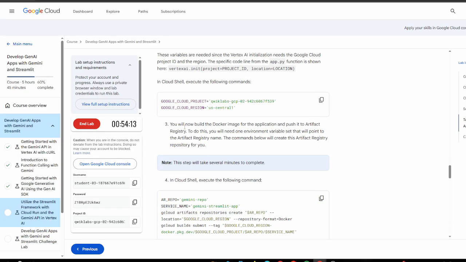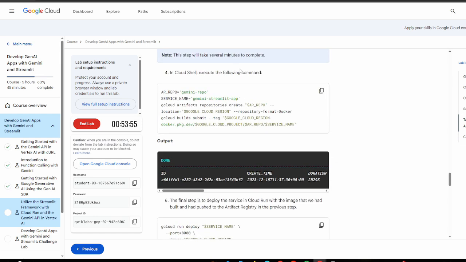All right, now you'll build the Docker image for the application and push it to the artifact registry. To do this, you will need one environment variable set that will point to the artifact registry name. The command below will create the artifact registry for you. So we are creating an artifact registry. We just have to copy and execute this command